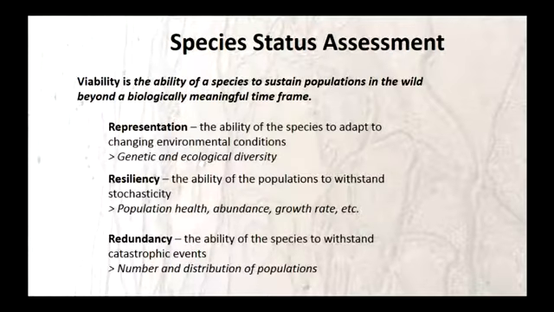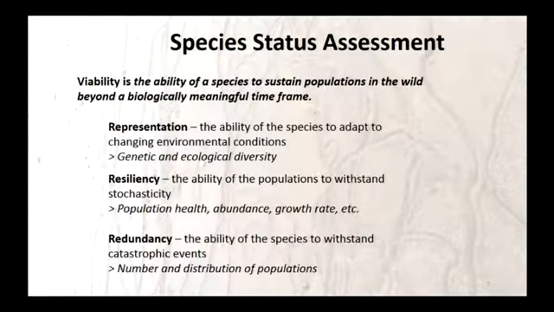You can also look at ecological diversity across the range. So maybe in the eastern edge of the range, they eat different things than they do in the western end of the range. And so we don't want to lose all the eastern animals because we can't just take ones from the west and put them back in the east after the fact. So we want to make sure that those unique or specific things about their biology from across their range and throughout their lives are represented in the future.